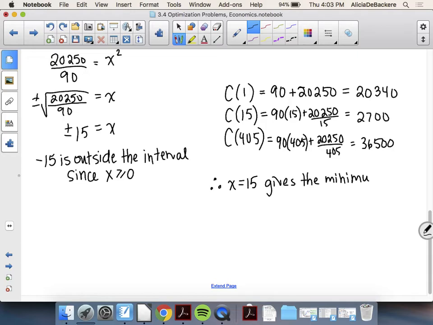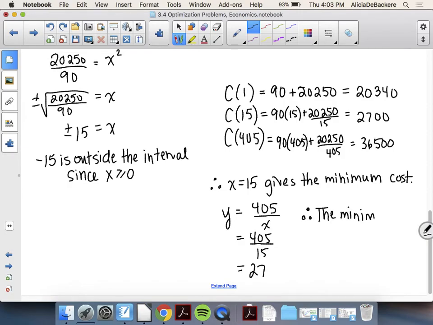Now part A actually asked me for the dimensions, so I do need to find both the x and the y. Now remember that we had that expression for y, that y is equal to 405 divided by x, or divided by 15. And so I get that y is equal to 27. Therefore, the minimum cost, I'm going to answer part B here at the same time. The minimum cost of $2,700 is